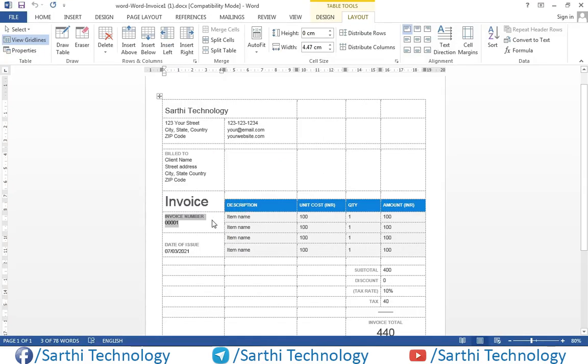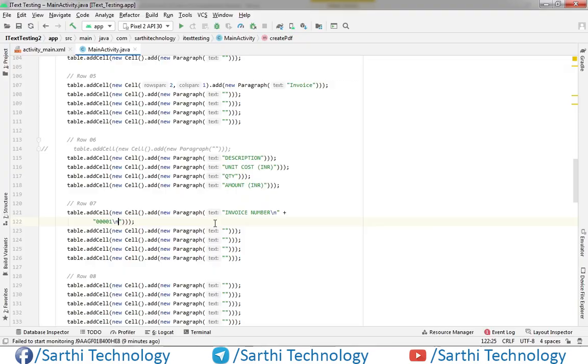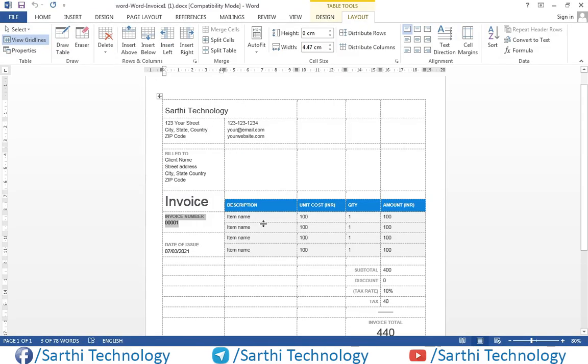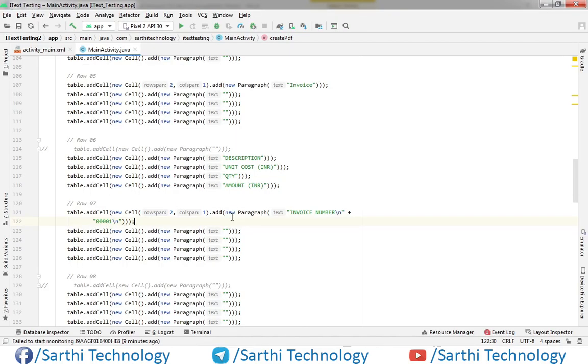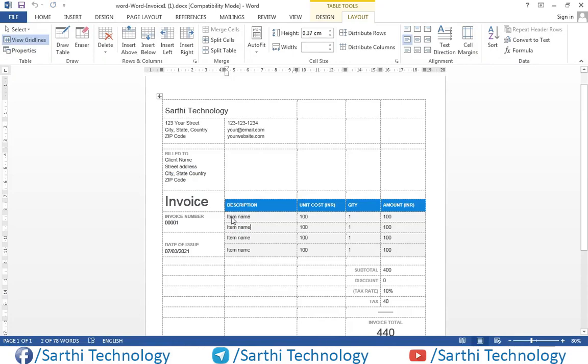You can see this is also a row span, so 2,1, and make this a comment. Now item name 100 100, so copy this, item name, and save for the next.